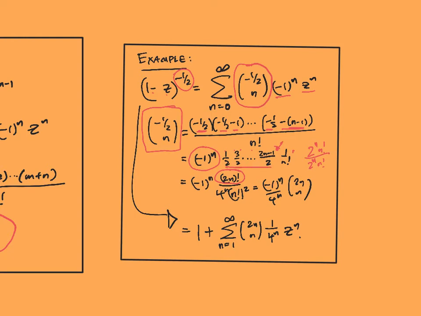And I already have a 2 to the n down there. So I'll get 4 to the n, I'll get n factorial squared because I already have 2n factorials. Okay, but this is pretty quick to go through. I recommend going through it yourself. But I'll get 2n choose n, divided by 4 to the n, and this minus 1 to the n. When I put this back in here, the minus 1 to the n's disappear, and we get this nice formula